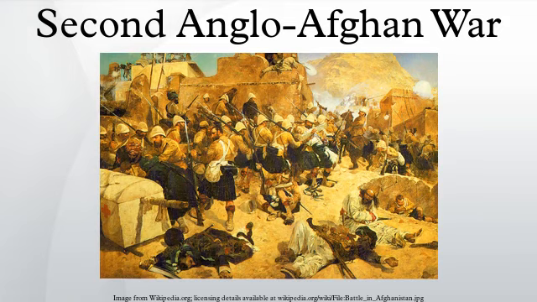Most of the British and Indian soldiers withdrew from Afghanistan. The Afghans were permitted to maintain internal sovereignty, but they had to cede control of their nation's foreign relations to the British. War background. After tension between Russia and Britain in Europe ended with the June 1878 Congress of Berlin,